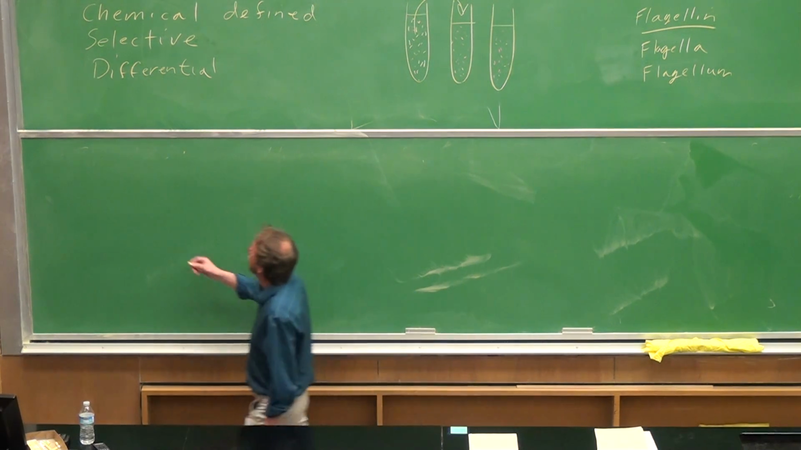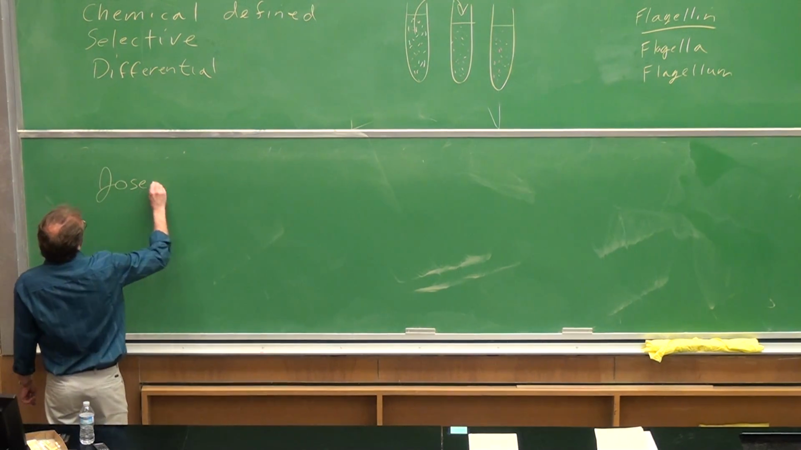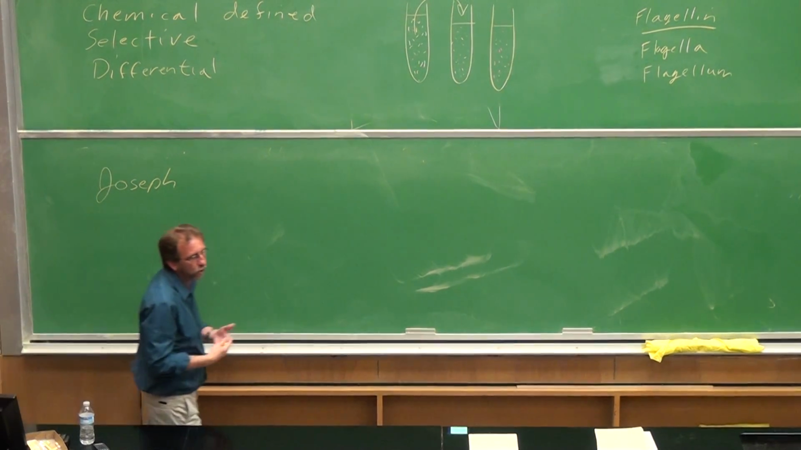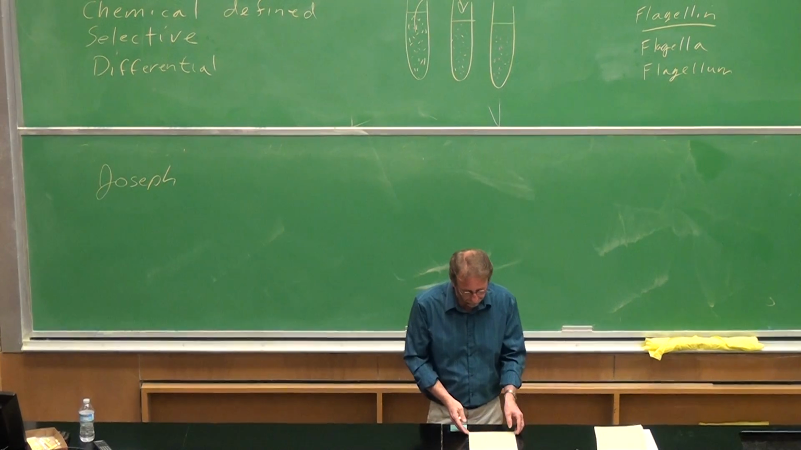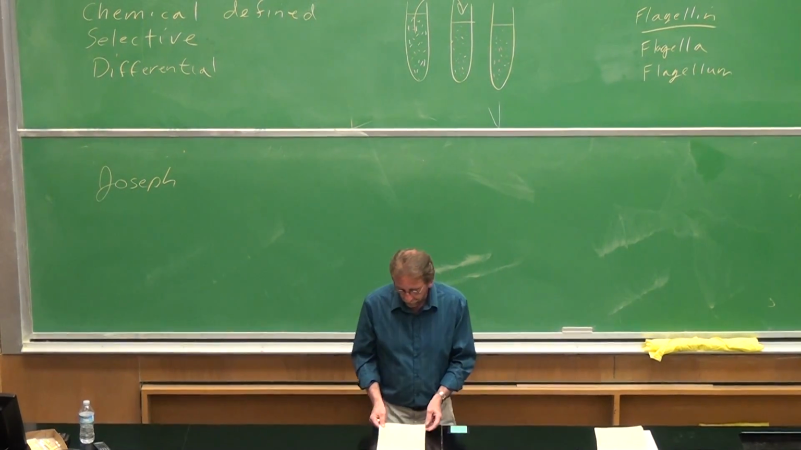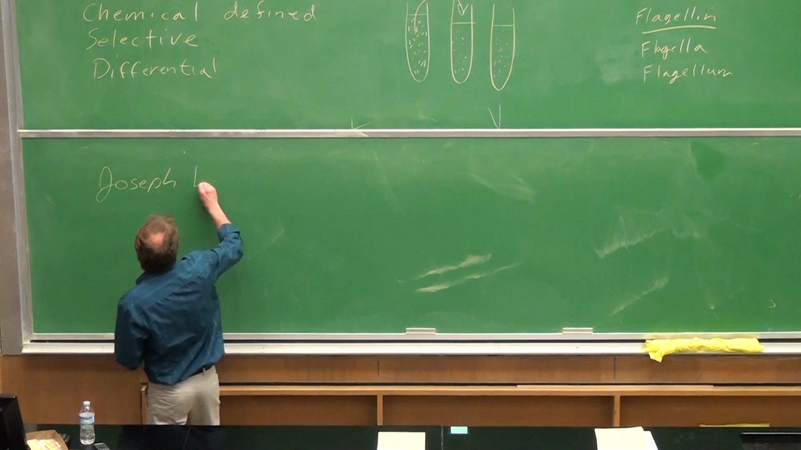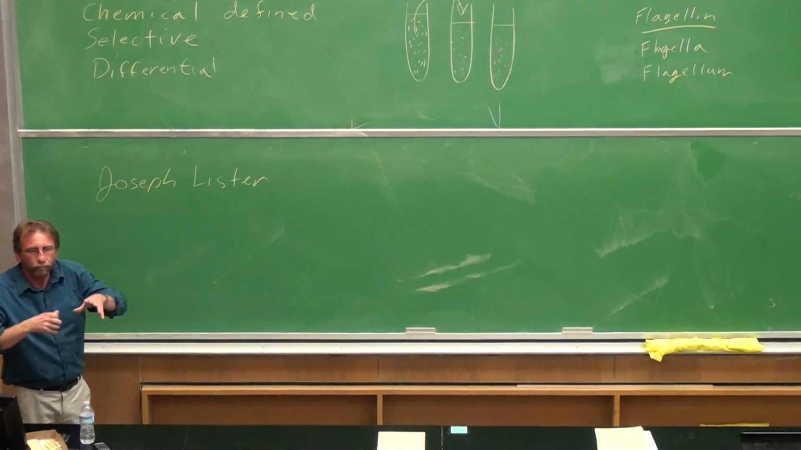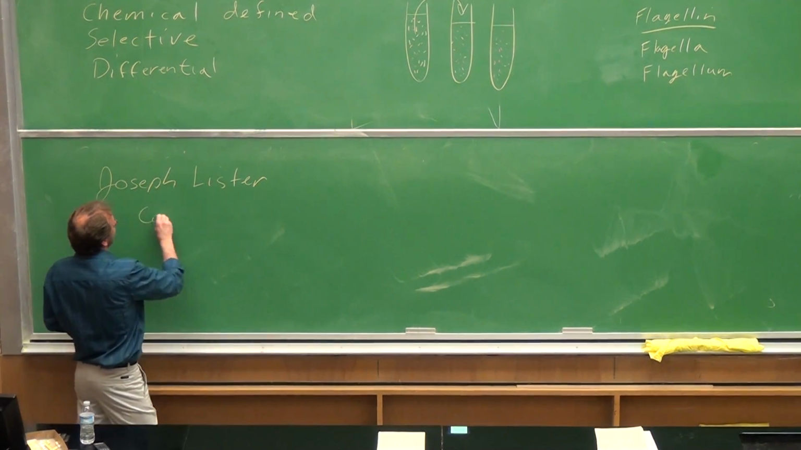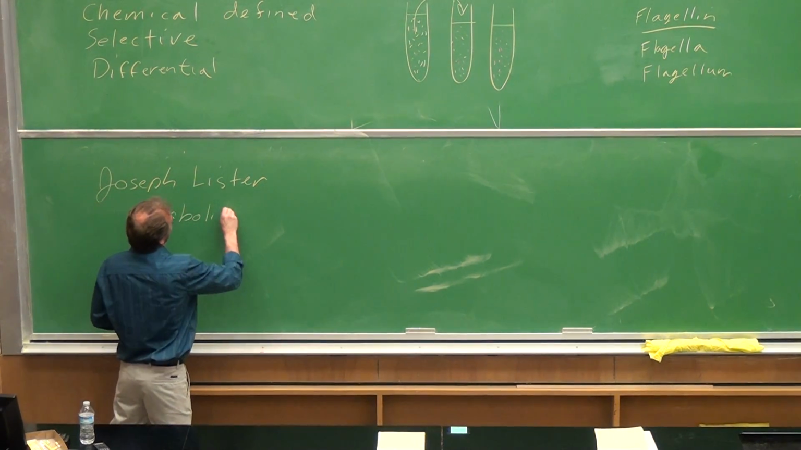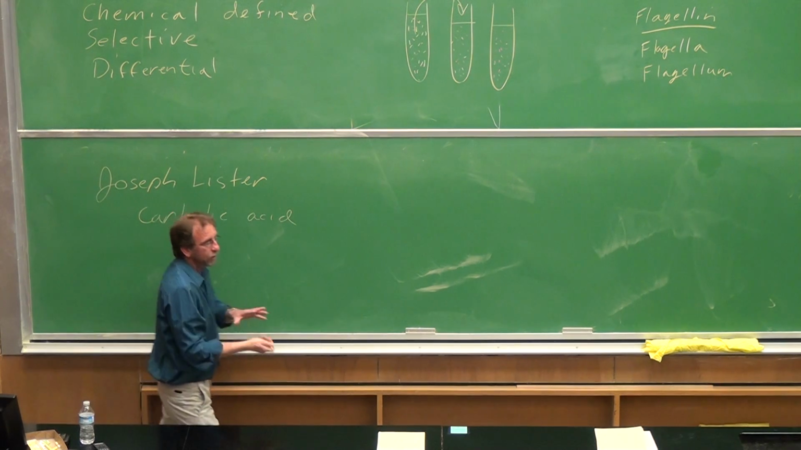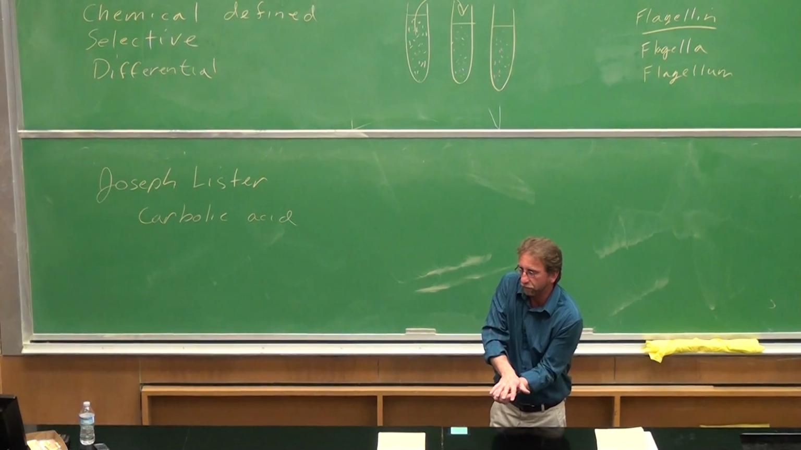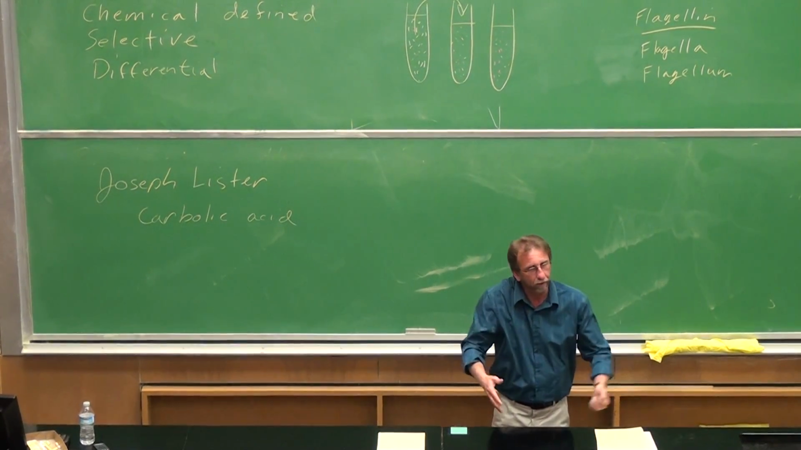Well, in the 19th century, observing the fact that a lot of patients would come down with post-surgical infections, Joseph Lister instituted a program where he would treat post-surgical wounds with carbolic acid. He would take rags and soak them with carbolic acid and lay them over the post-surgical wound. And it worked in